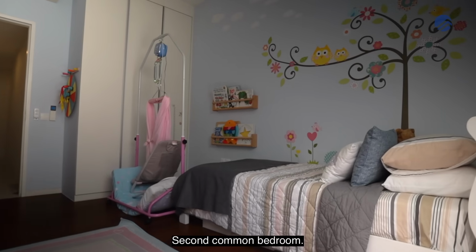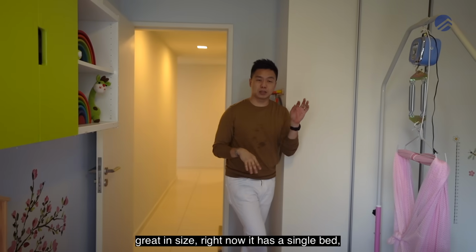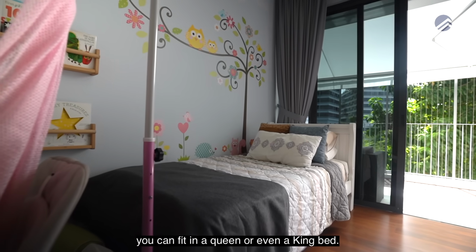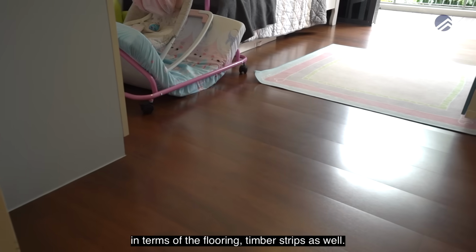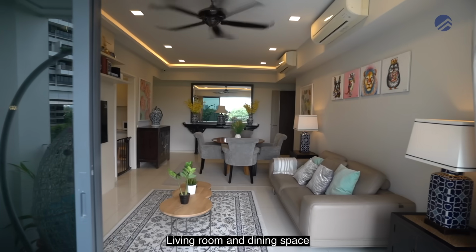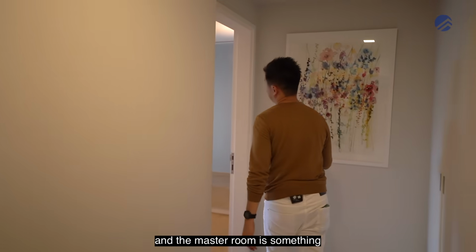Second common bedroom, you also have a 3-panel wardrobe system here. Great in size. Right now it's a single bed. You can fit in a queen or even a king bed. Very nicely maintained in terms of the flooring, timber strips as well. Living room and dining space are largely done with huge homogeneous tile slabs, and the master room is something that